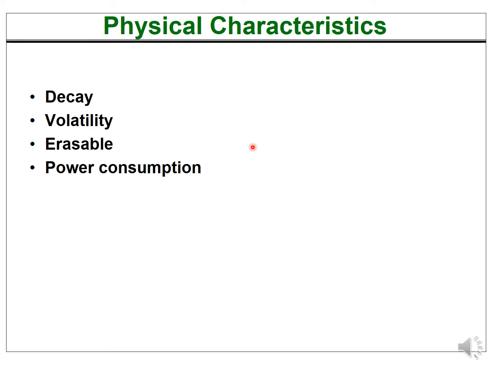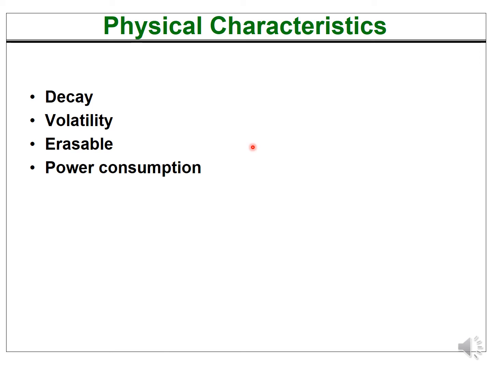Okay, so we'll leave the decay for the last. Let's start with the simplest one first, the power consumption. Different memory devices have a different level of power consumption, as should be clear. The CPU registers will obviously have the least amount of power consumption. Then your internal memories, RAM and ROM, will have slightly more power consumption, but not much. Then your USB drives will have slightly more power consumption. Your hard disk will have even slightly higher power consumption than your CD drives, and finally the magnetic tapes will have the maximum amount of power consumption, right?